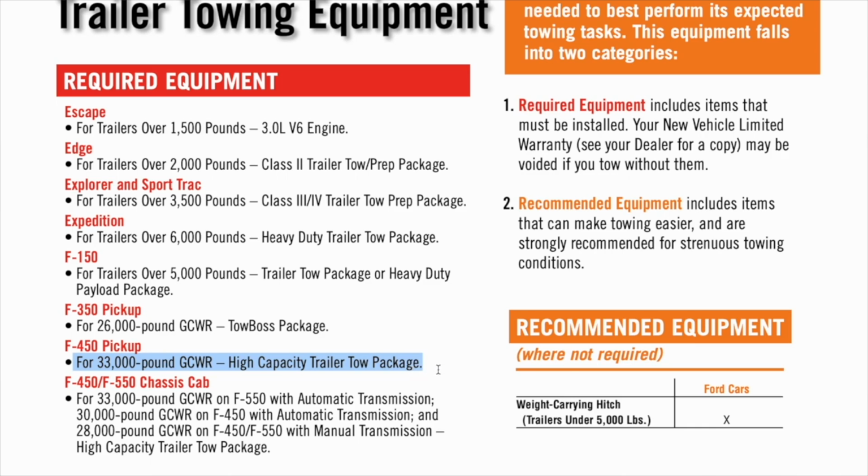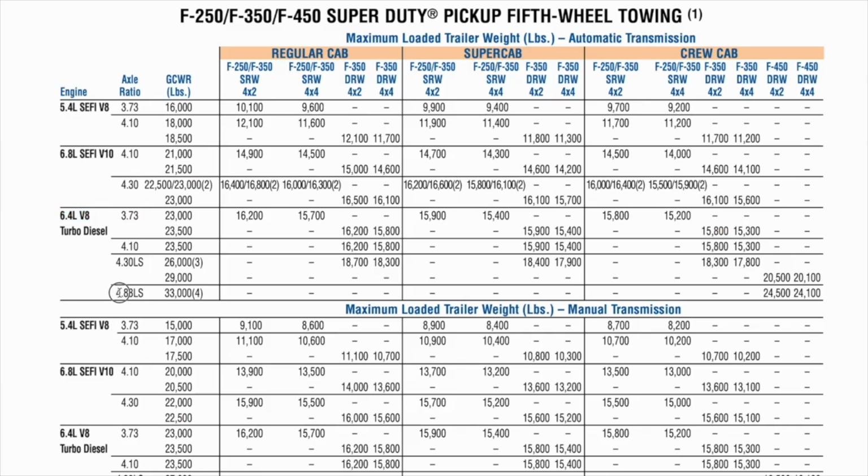I can follow 450. You got to know if you got a regular cab, crew cab, is it manual, is it automatic, is it 4x4, 2x2. All of it comes in play when you're looking for your specific numbers for your truck. It's not just saying, oh, I got a 2012 F-150, let me go look at my numbers. A lot of these numbers are very specific on what packages you have and how the truck is outfitted and